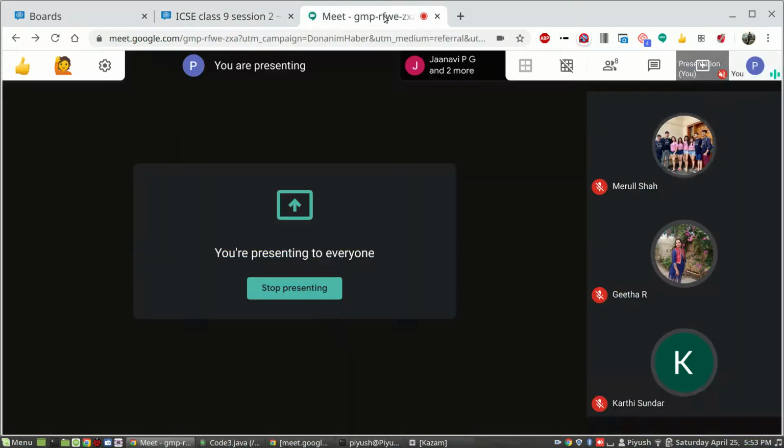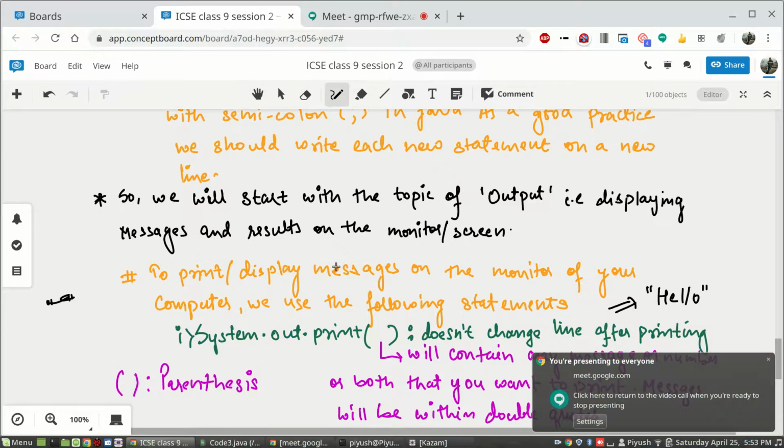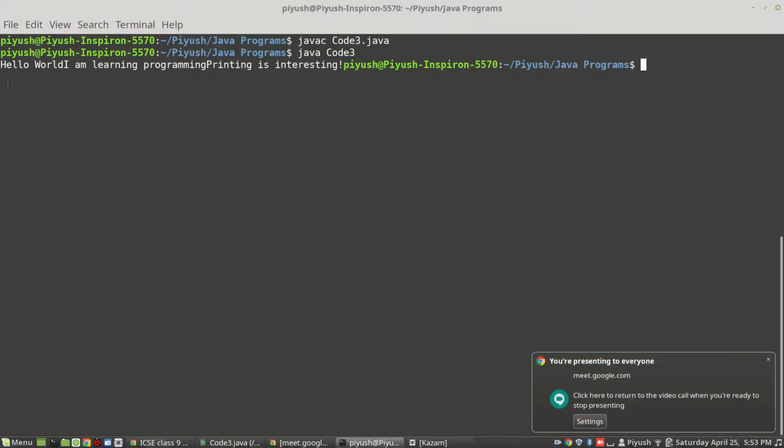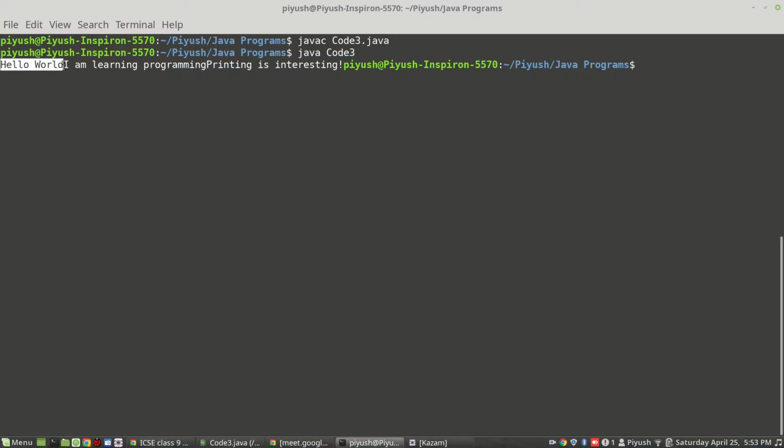Okay. So we are clear with how to print your messages on the screen. What we are going to learn next is, what if we wanted to print each one of them in a separate line instead of continuing? Yes, use println. Of course. So in that case, we are going to go with another version of print.